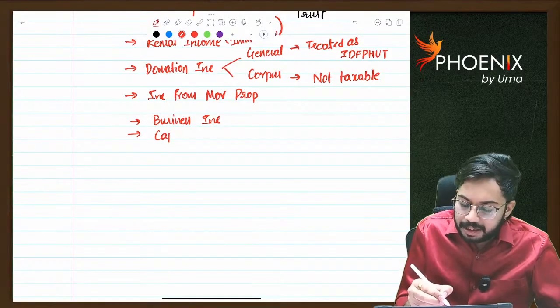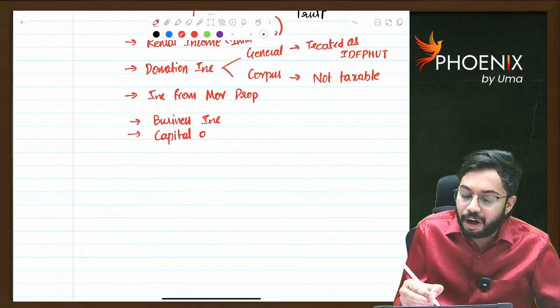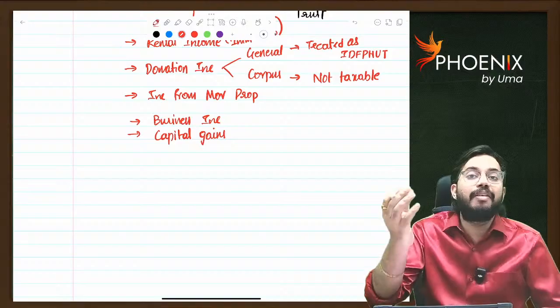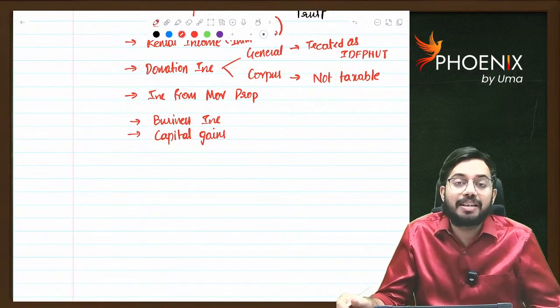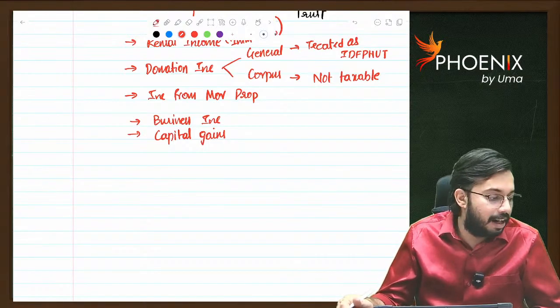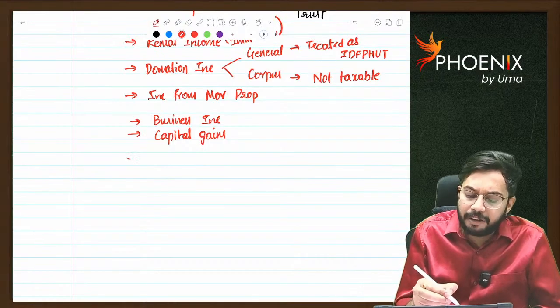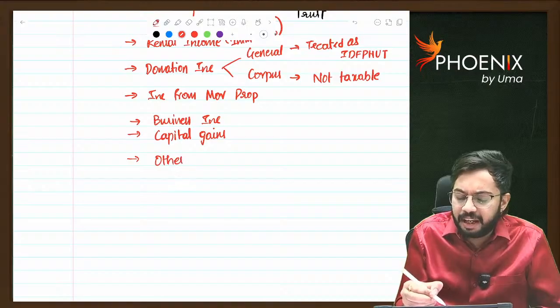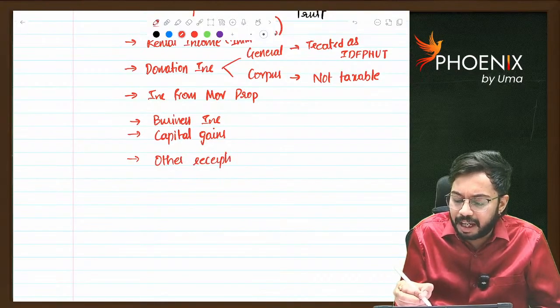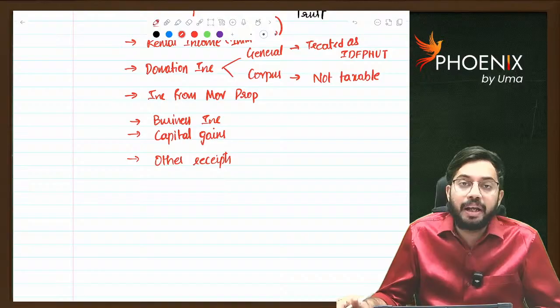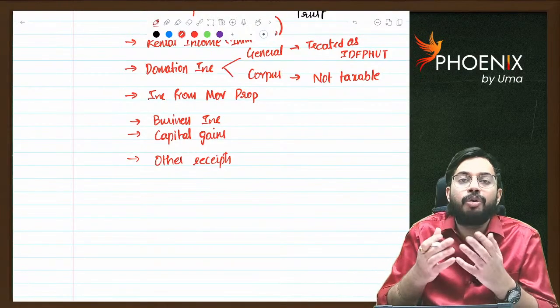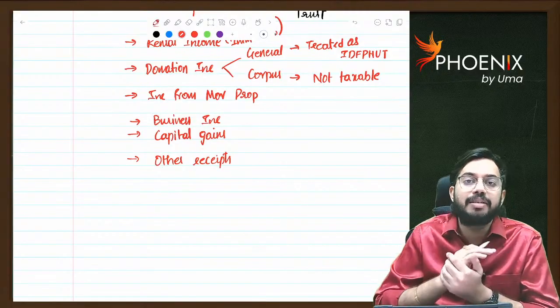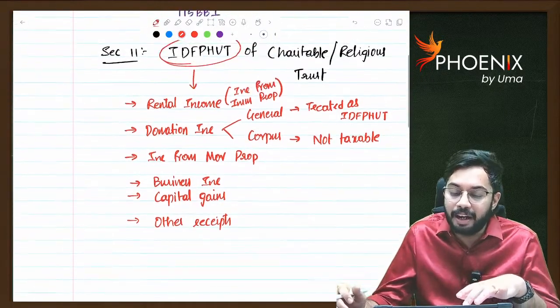Capital gains. See, trust will have capital assets, right? On sale of capital assets, whatever the capital gains that are received are there, even capital gains are also considered as income derived from property held under trust. Next, if there are any other receipts, even other receipts will also be considered as income derived from property held under trust. Let's say you wanted to do charity, you got some amount out of the donation, that will be included as income derived from property held under trust.